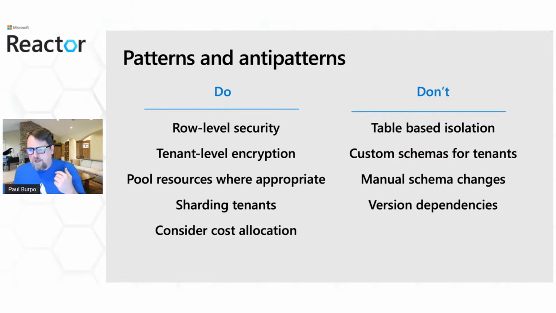And then finally, version dependencies. You want to try to write your application such that there's as little dependency on a specific version of the database as possible. And if you do have dependencies on that, for example, relational databases, then you want to try to maintain compatibility at least one if not 2 versions back, so that when you're rolling out, you won't have to roll out simultaneously to all of your tenants.